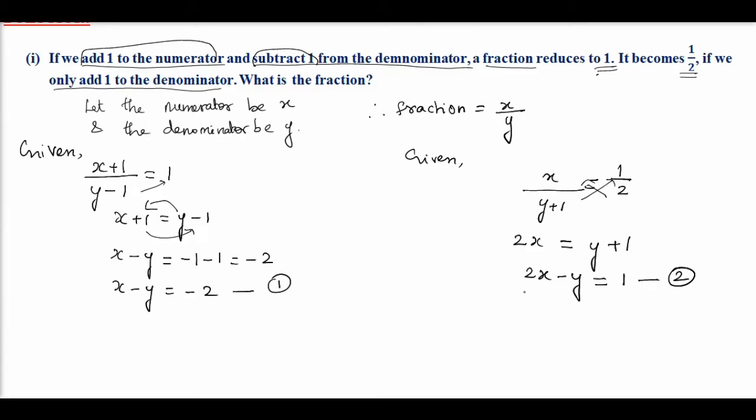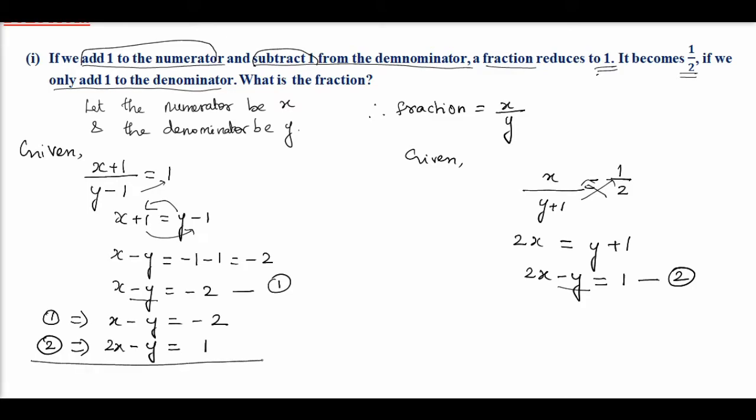Now we are going to solve these equations using the elimination method. Here the elimination method is very easy because you have the coefficients of y equal. So let me take the first equation: x minus y equal to minus 2. Here no multiplication is needed. Let me take them as it is. So this is the second equation. And since the signs of both the coefficients are the same, we decide to subtract. If we subtract, the sign will change and y gets cancelled, right? So when I subtract, I get